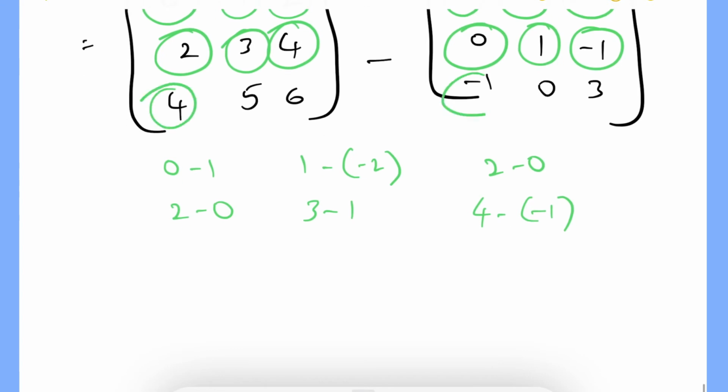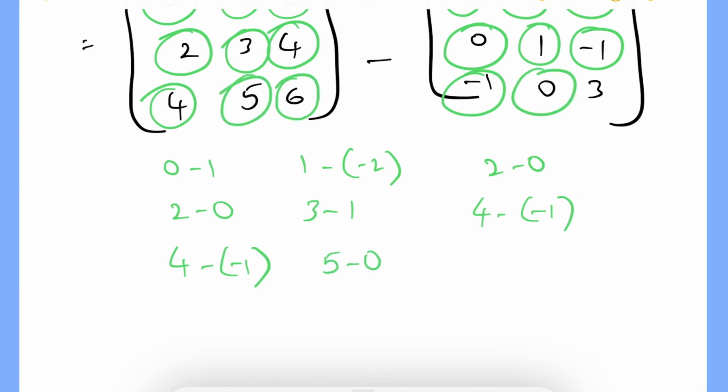Third row first column, 4 minus of minus 1. Third row second column, 5 minus 0. Third row third column, 6 minus 3. So now if we simplify this,